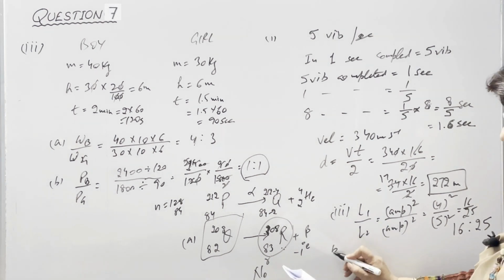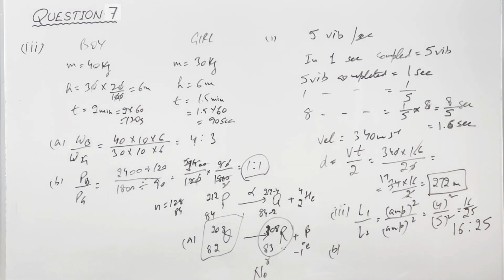In B part, what is the ratio of their frequency? We know that amplitude is given and loudness depends on amplitude but not frequency. So the ratio of frequency is 1:1 because it does not depend on amplitude, or loudness. In C part, state the condition for resonance of two sound waves. If the natural frequency of the sound wave produced by the first vibrating body becomes equal to the natural frequency of the sound wave produced by an external periodic force, then resonance takes place and we will hear a loud sound.